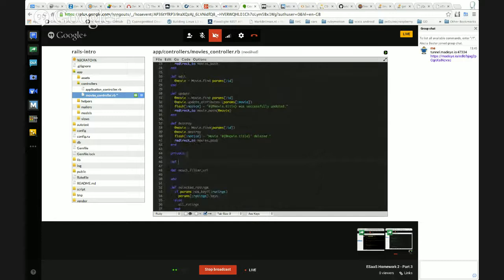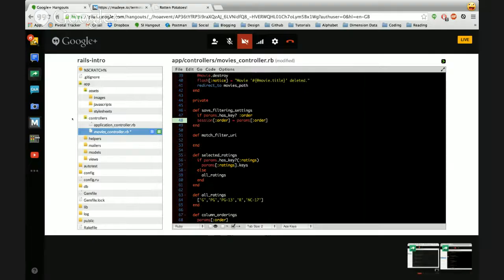So if we have session order is equal to params order. Wait, so if params.hasKey order, let's try to do it like this, as key order, then we set that, right? Yes. If there is no